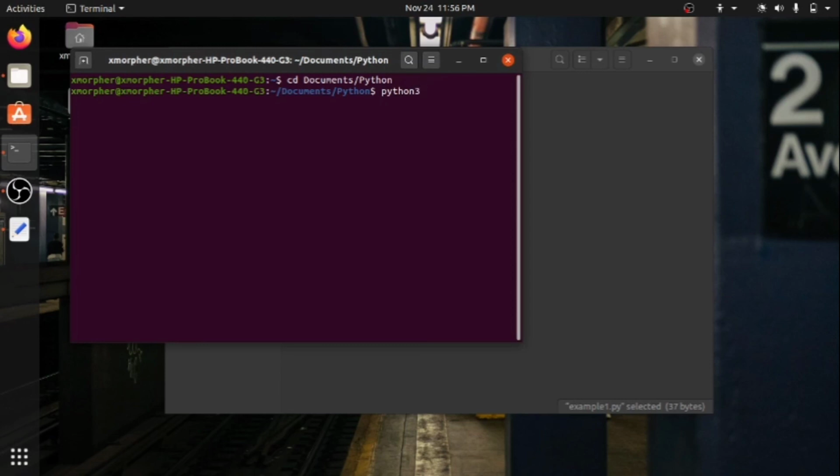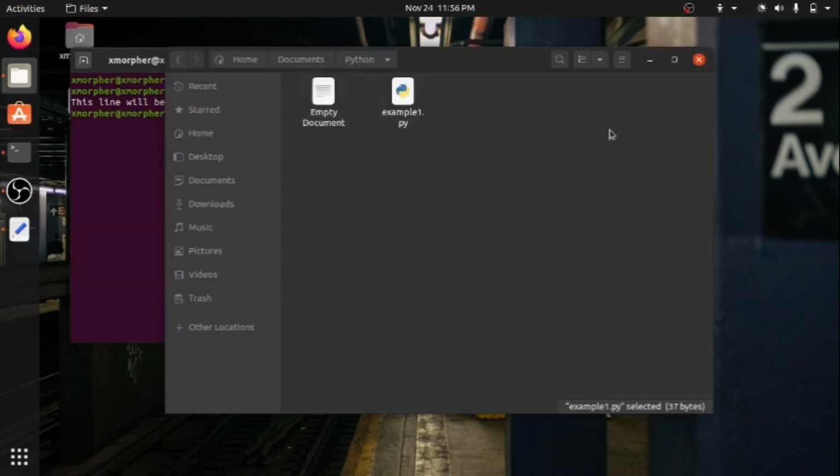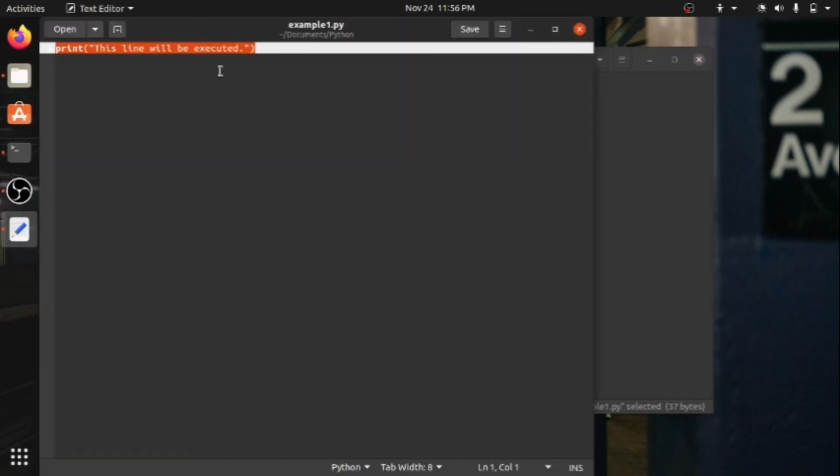So python3, and the name of our file was example1.py. Now you can see our code has been executed. This line will be executed, which was here, this one.